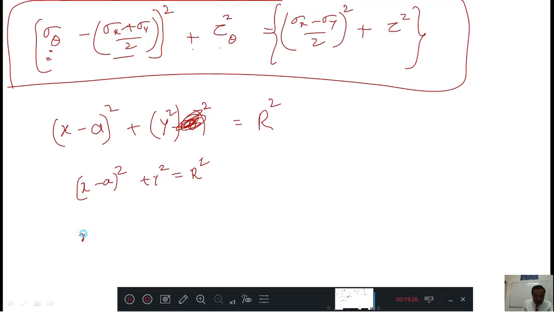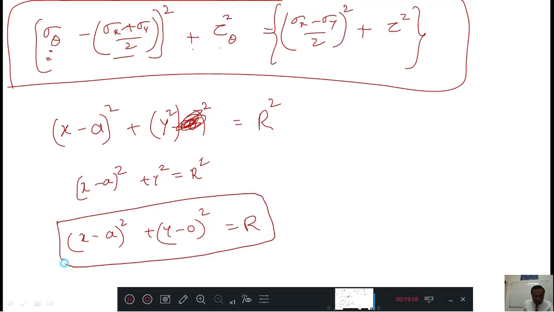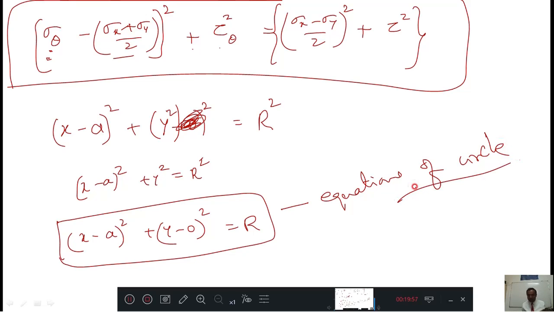Again he altered this one like (x minus a) whole square plus (y minus 0) whole square equals r square. After showing this, he again got happy vibes, saying wow, what a nice equation it is. What is there in this equation? Can you judge? This is the equation of a circle. Equation of a circle. Then what after the equation of a circle, we'll see in the next